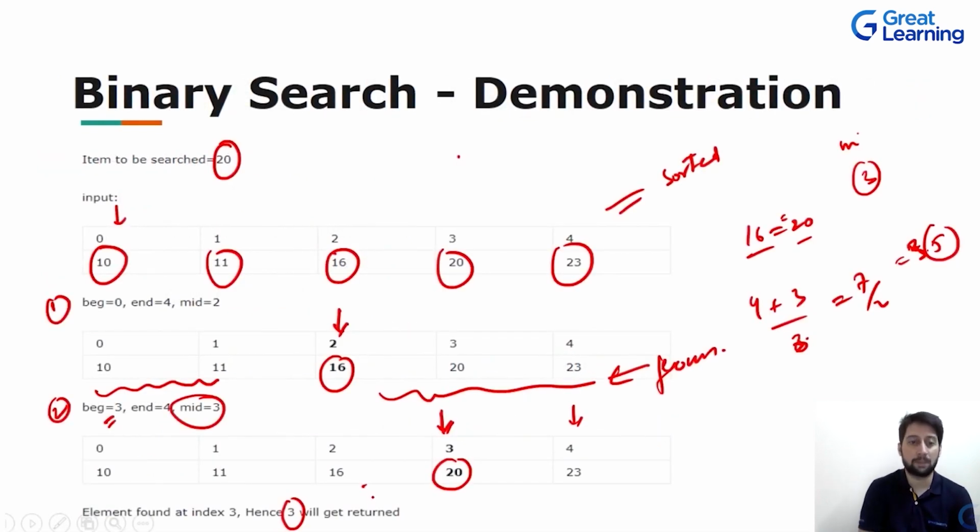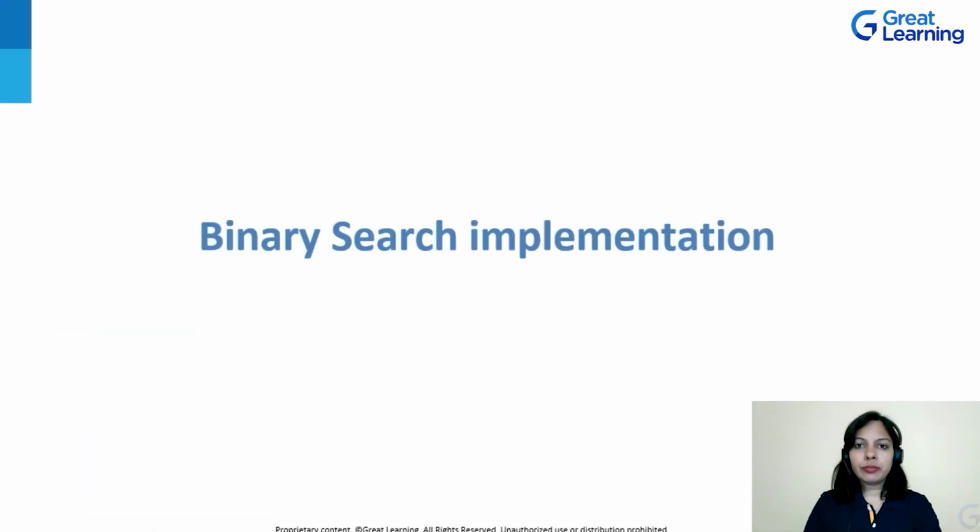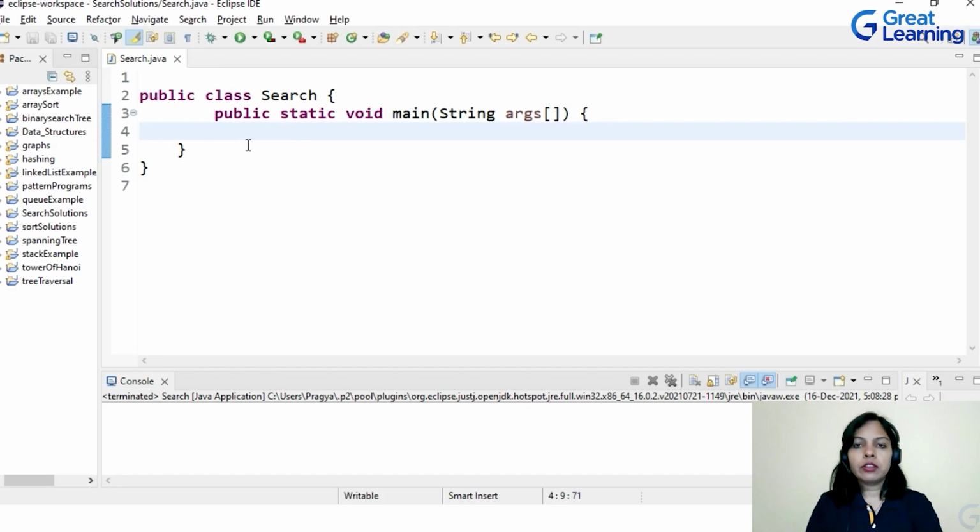So this is how binary search works. Now let's see the implementation of the binary search algorithm in Java programming. I'll directly go to the Eclipse IDE and we'll type the code there. I'm already here on Eclipse IDE and I've created a file which has a class named search, and the public static void main method is also created. Now let's create a function for binary search, and we'll call that function from the main method